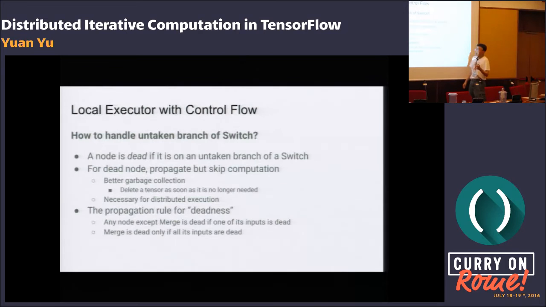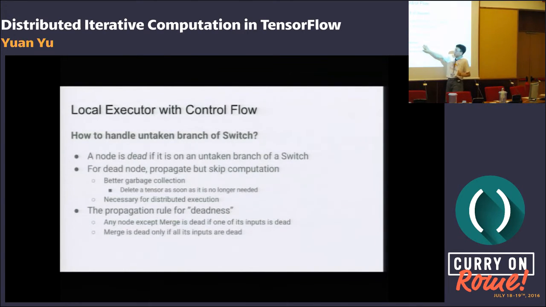For that node, we don't ignore it. We actually propagate, but we skip the computation. So there's no computation on that node, but we do propagate this deadness. This is quite useful for better garbage collection, but it's necessary when we get to distributed execution.